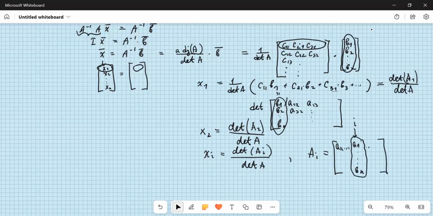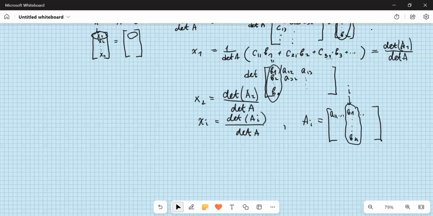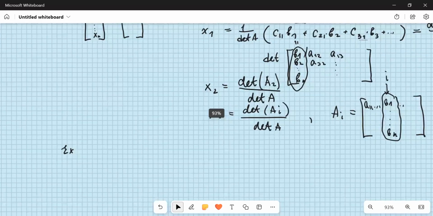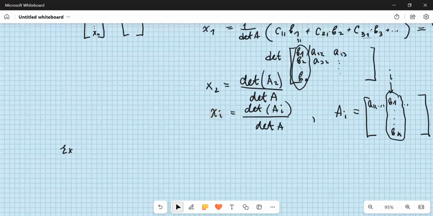That's Cramer's rule. I don't think that Cramer's rule is very useful to use on exams because calculating determinants is very time consuming, but we're going to use it once. Let's imagine that we have the next system of equations. Example. My example. Matrix A